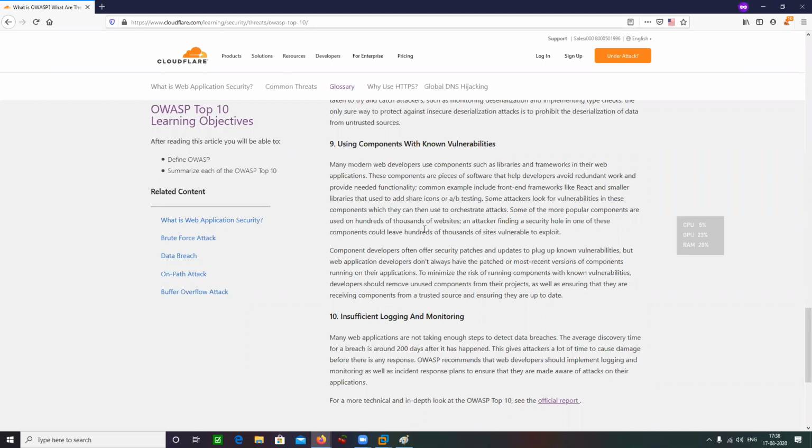So I am saying that it depends. From the developer side, the developer should make an application which is logging the connections. A log should be created. Or if it is implemented in a corporate network, there should be a firewall in place, and the firewall should be properly configured. You should go for a WAF, that is a web application firewall, and you should be creating logs for all the active and inactive connections as well. So these are best practices, but there is no such protocol that you can simply implement and get away with it.